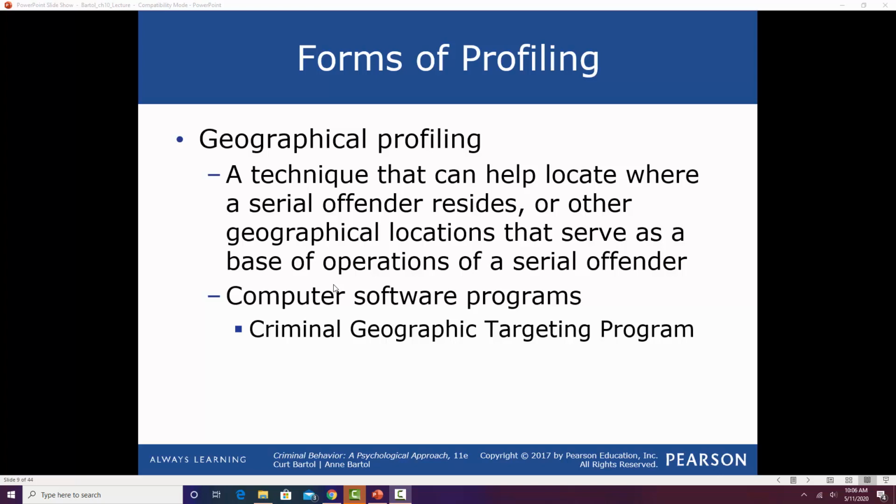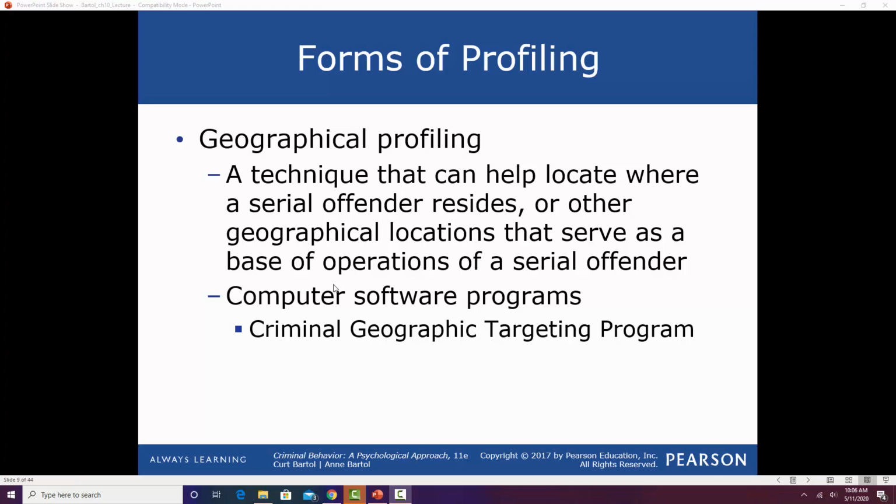The poacher is the second one. These are transient. They travel some distance from their home. Third is the troller. They rely on random encounters, so geographic profiling probably won't work for this. And then the trapper. They create situations to trap their victims, like the Craigslist killer that you might have heard about. It's interesting if you look up geographic profiling of the Jack the Ripper case, by the way, you can see where they have used this